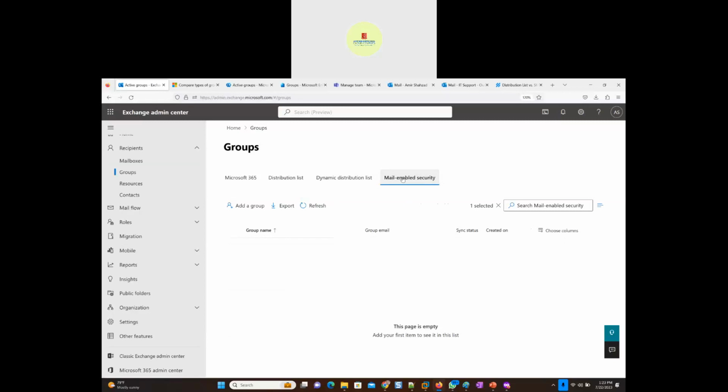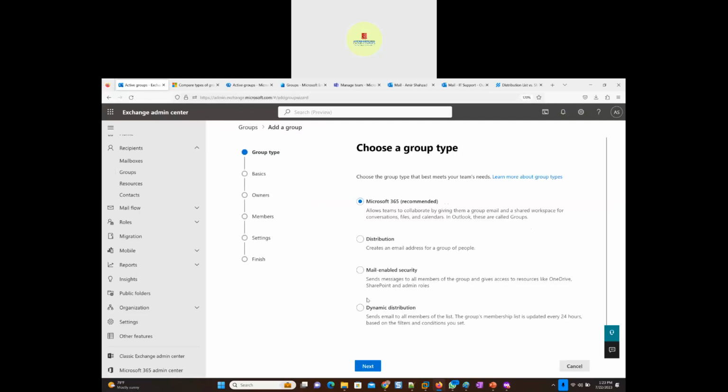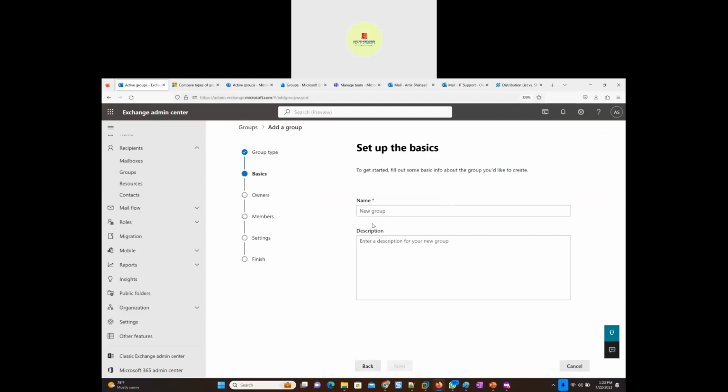And I'm going to go for mail enabled security group. This one is doing two things at the same time, which is, a security group lets the users, members of this group, get access to other resources, and then it is also going to send and receive emails. So the same group is doing two different tasks. I'm going to click add a group and go for mail enabled security group. I'm going to click next,